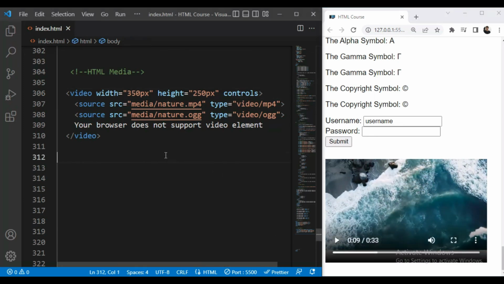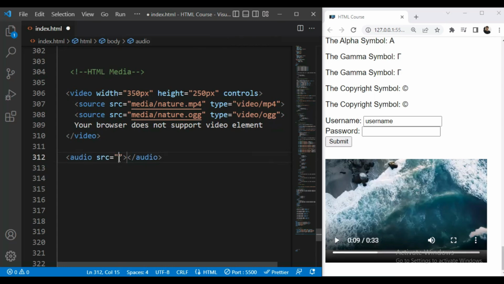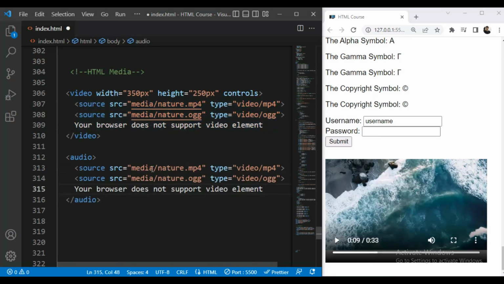Then next we will see the audio file. For that we will use the audio tag, that is the audio element. Here I will remove this src attribute, and I will copy this to save our time, and instead of nature we will add music.mp3, and here also music.mp3.